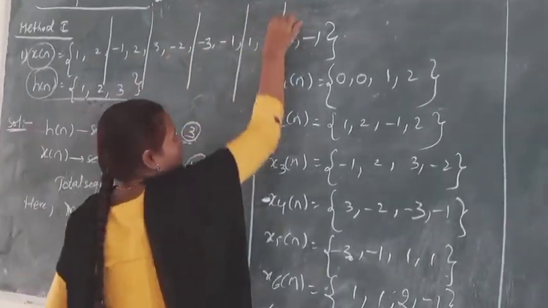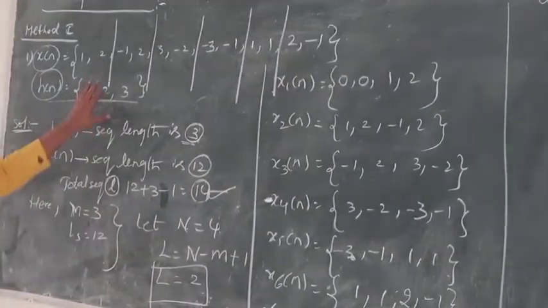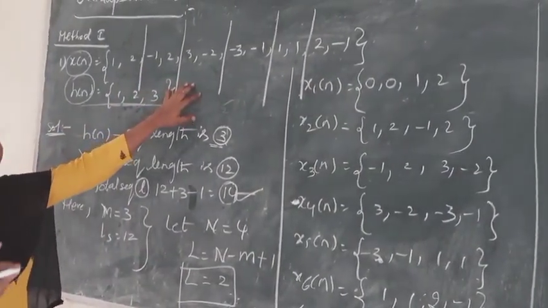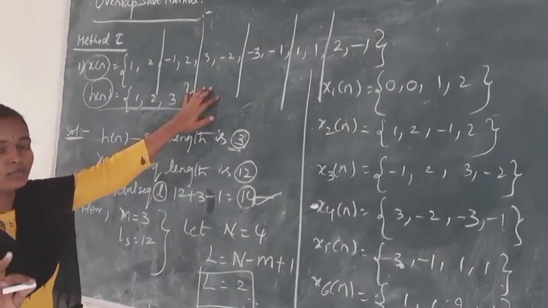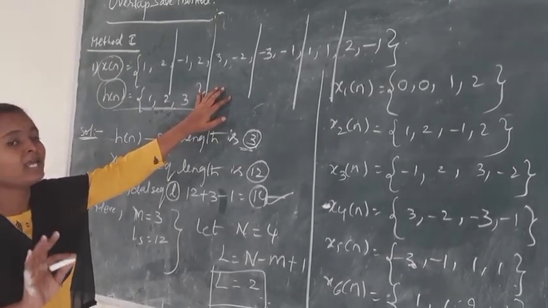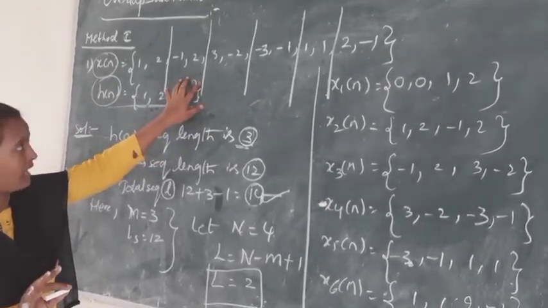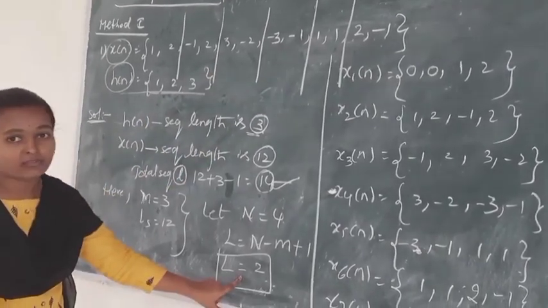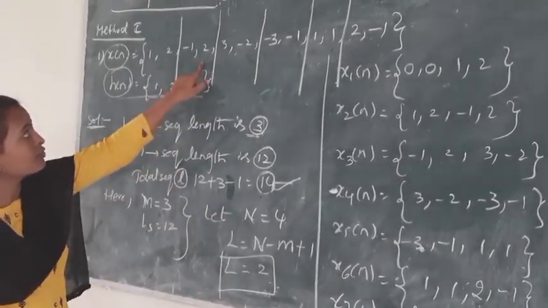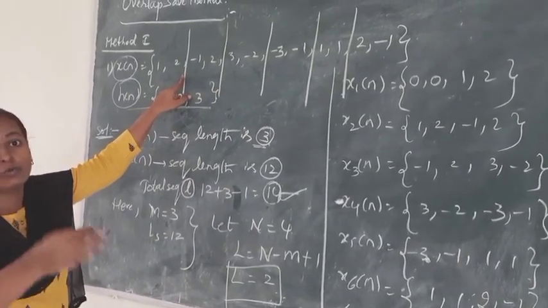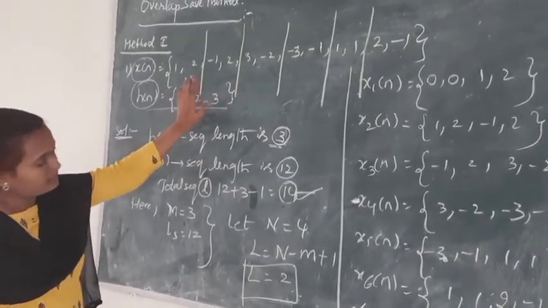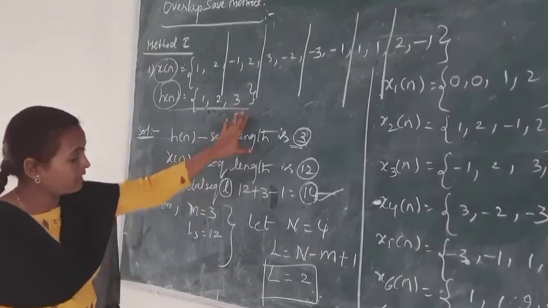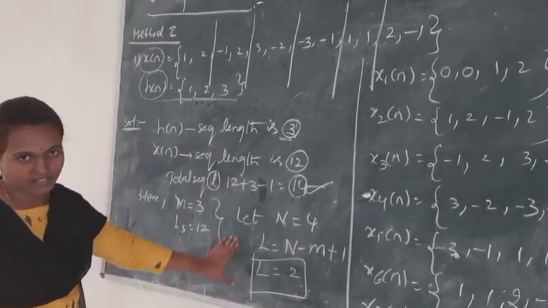Now we have to solve it easily. This is the total length sequence, and at that time we can't do this problem directly. So for that purpose we have to modularize this problem. The length should be 2, so the total length we have to divide into 2 blocks. This is the fundamental basic representation.